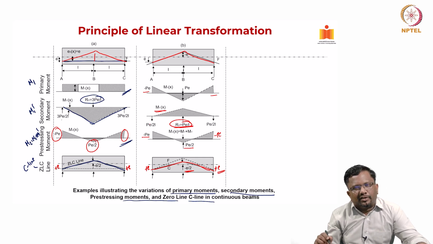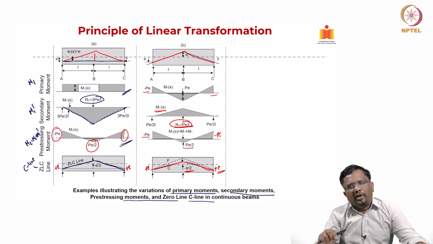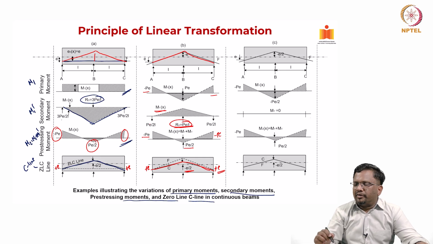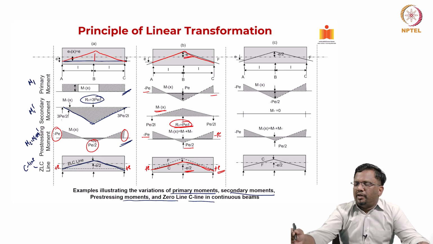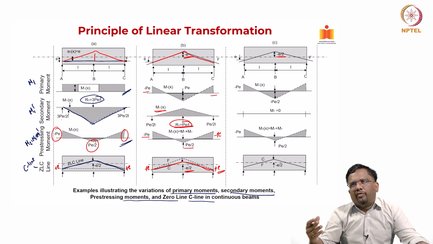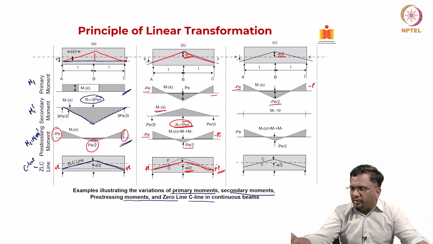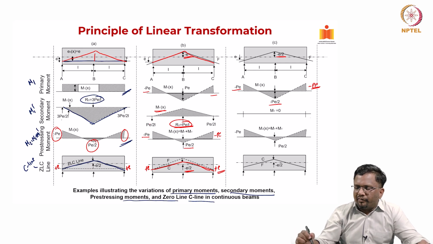So you can see that the thrust line has not really changed if I just linearly transform the cable at the interior support. We can illustrate this by one more example. So you see here, instead of moving the cable to minus E, now I have just transformed only to minus E by 2, half of that. For this also again we can create a primary moment, which is minus P by 2 and minus P here, right. And in this cable profile, if you find,